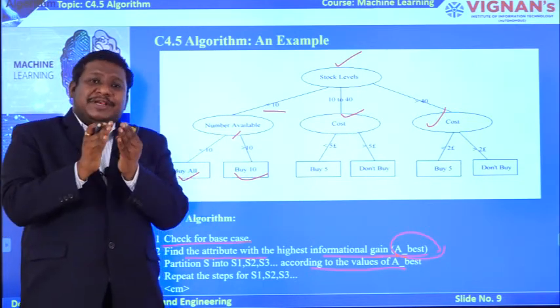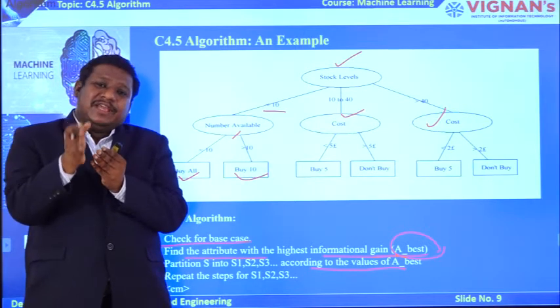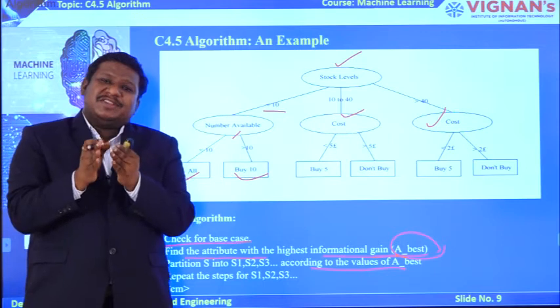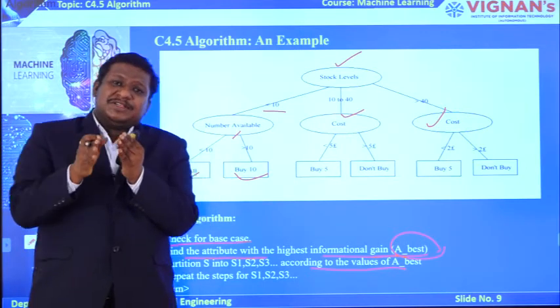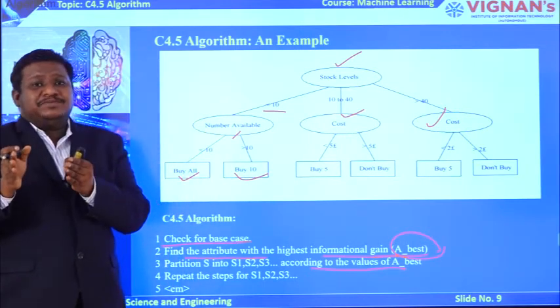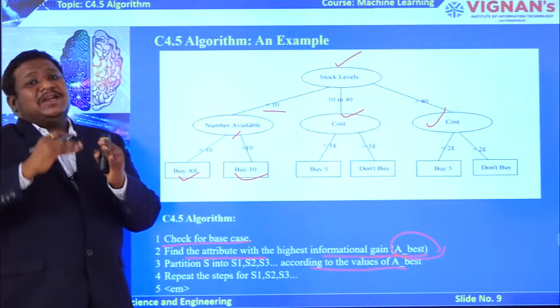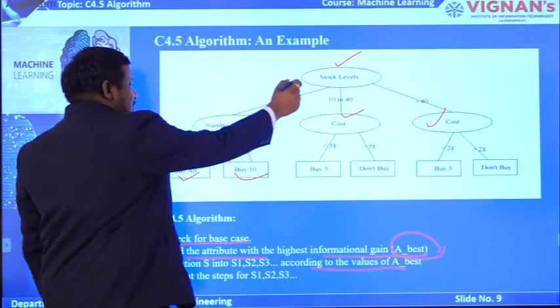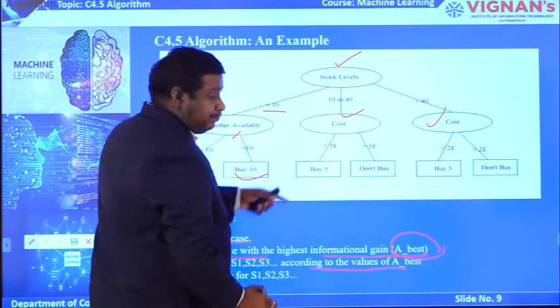Subset means next you will go for the S1 subset, there you are going to calculate the best attribute based on the information gain. Again, if the information gain is high for that subset, we are going to separate it like this until you reach the final step, where you will calculate the values. Like this, in the same example we had seen.